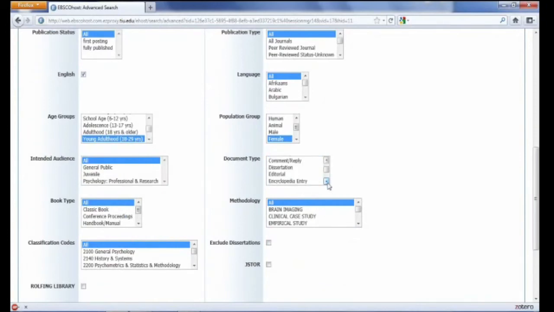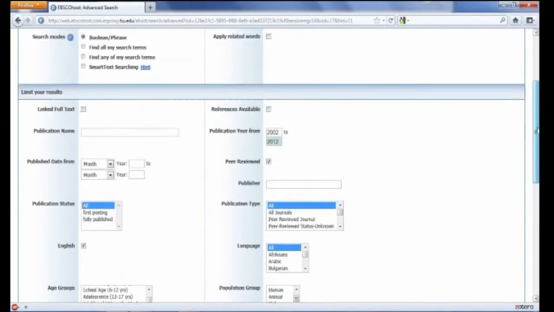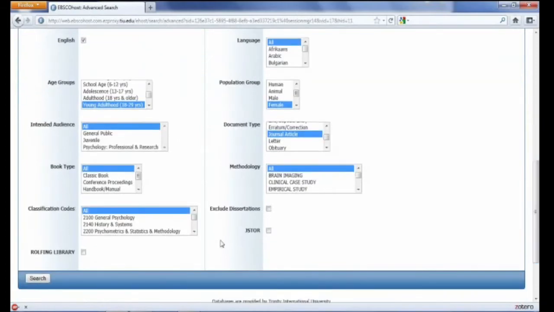And then we hold down the control key. We also pick journal article. So now in our list, we've got highlighted both chapters and journal articles. And then if I wanted to, I could say, just give me things that are either full text in the database or in paper print in our library or in JSTOR, which is a collection of